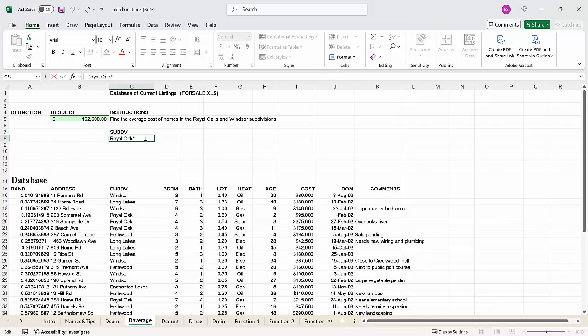Specifically, I want to talk to you about wildcards. So let's talk about wildcards for a second. In Excel, one of the wildcards you can use is the asterisk. And what the asterisk will do for you is if you're not exactly sure how something is spelled, you can use an asterisk as a wildcard to allow it to let anything through that would match that criteria. So for example, if I thought maybe this is Royal Oaks with an S, but I'm not 100% sure,